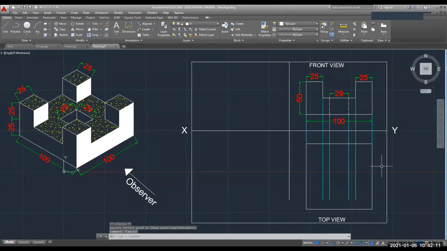Now, from the top, we can see that square blocks of 25 cross 25 are there on all the corners. So let's draw on all the corners. We will draw a square box of 25 dimension on each corner.